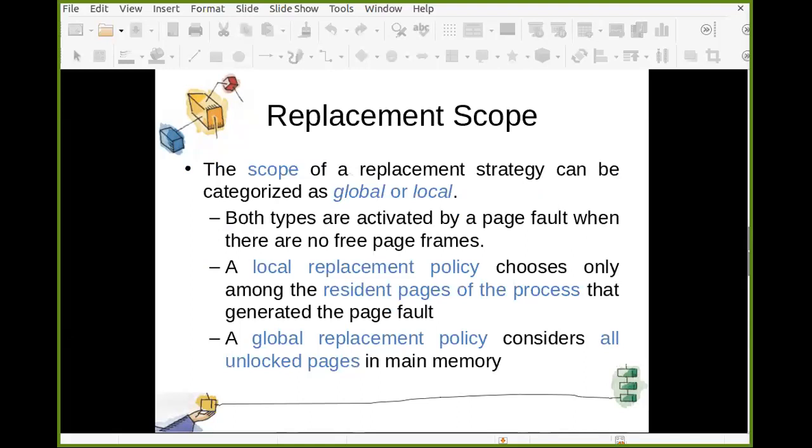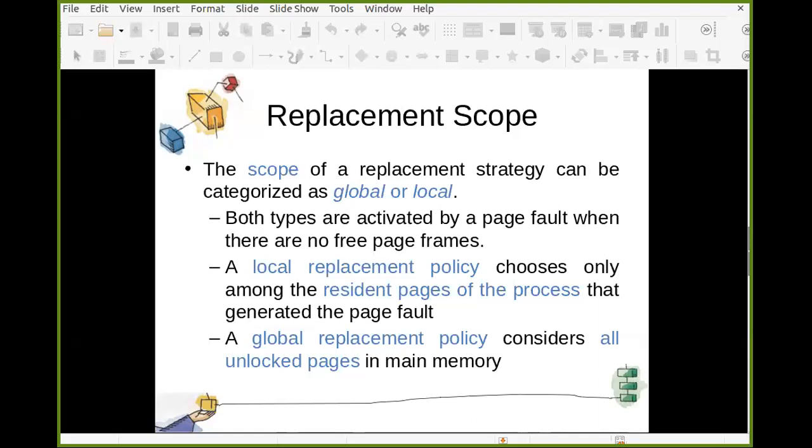Now there is the replacement scope. What is replacement scope? The scope of a replacement strategy can be categorized as global or local. We have just discussed replacement strategies: optimal, FIFO, LRU, clock. So what is the scope? Scope is nothing but which page can be replaced.